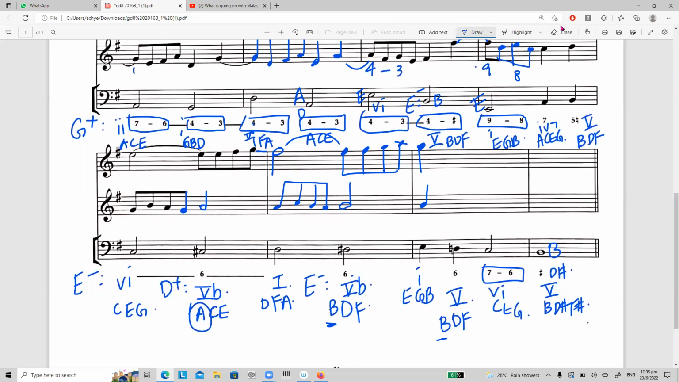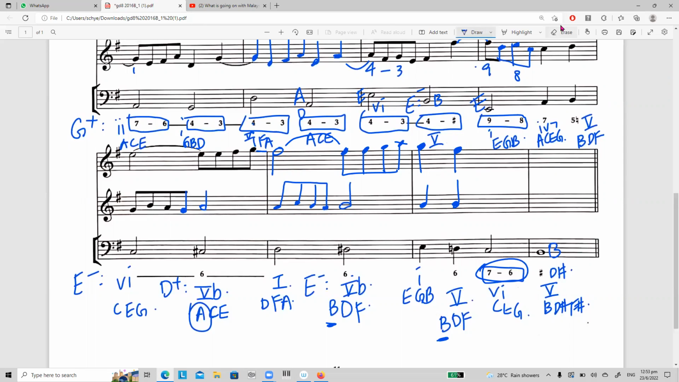So next chord is B, D, F. So the B must be there because B is the root note. It's important. So I have B, D, F. Okay, fill in the full chord here. Next one,